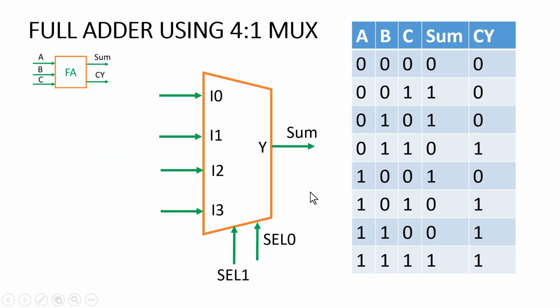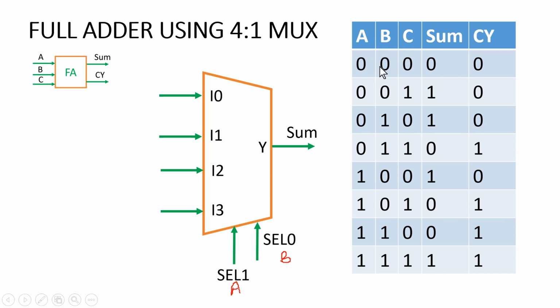Friends, this is the last part of the video wherein we will implement a full adder using a 4:1 multiplexer. As we know, a full adder has 3 inputs, and I am going to show you that this implementation is a bit easier as compared to the implementation with 2:1 multiplexers. And similarly, the implementation with an 8:1 multiplexer will be even easier. Now, as per the assumption, we need to apply 2 inputs to select line 1 and select line 0, and let me apply A and B to both these inputs. I am applying A at select line 1 and B at select line 0.